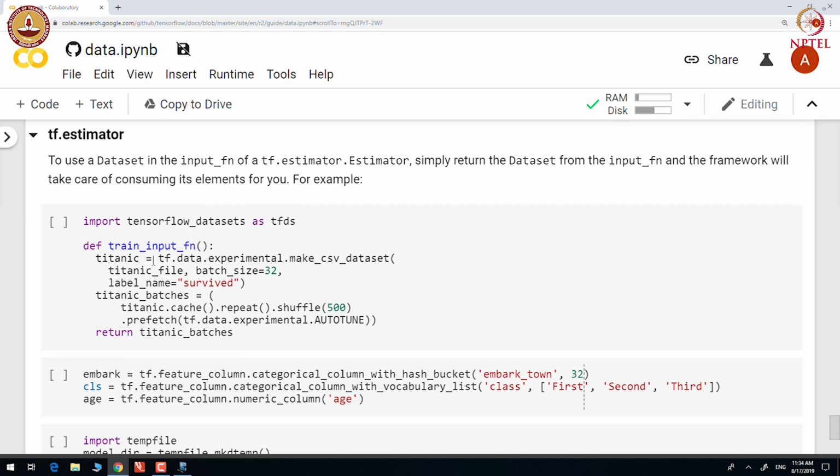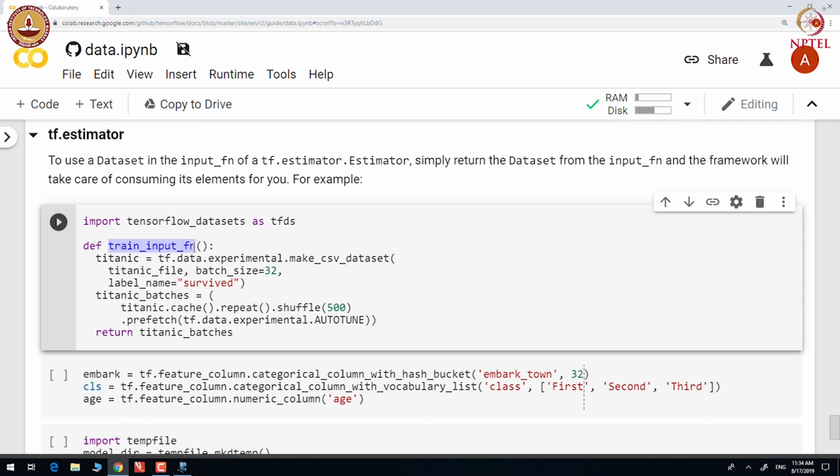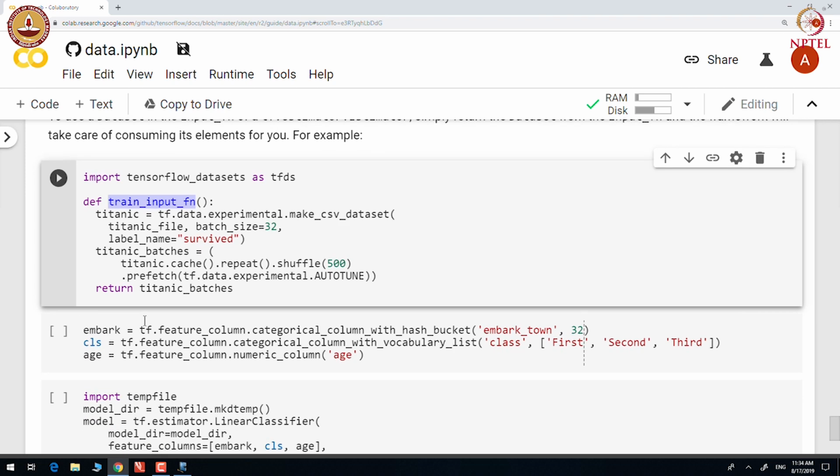So, if we want to give the Titanic dataset as input to tf.estimator, we define train_input_function, where we create a Titanic dataset and perform transformations like repeat and shuffle. And we also specify the prefetch so that the batch is fetched ahead of time, so that the training is not stalled.